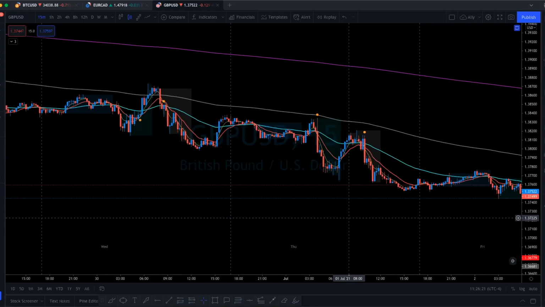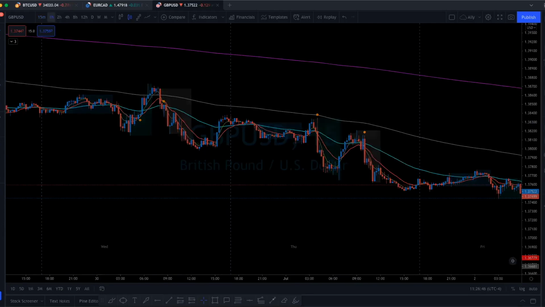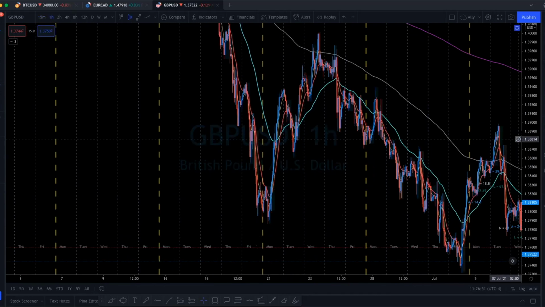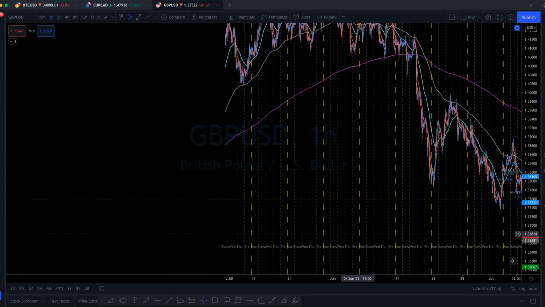The reason that you're using ADR is you're trying to project out how far is price going to go before you get some type of reversal, right? If you can project out 3 times ADR, you're projecting out, okay, I'm thinking that price action should go somewhere in this area before I get some kind of reversal. And if you can match that 3 times ADR with previous structure,